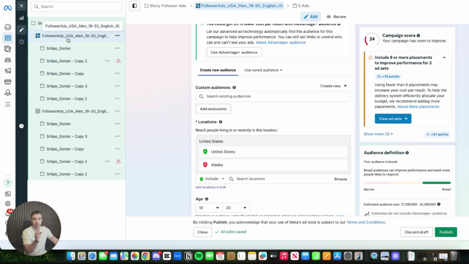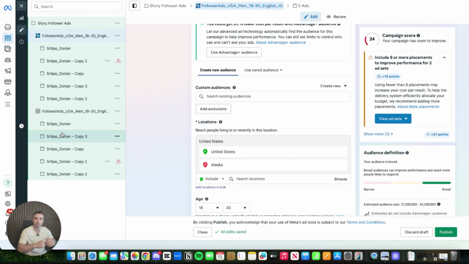Now, whatever you do, if you're testing broad and interests, you want to make sure that every single ad in here is the exact same. The reason I say that is because if you don't have the same ads in here, you're not really going to know what's working, right? Because you can have, let's say, 5 different ads here, and then in the interest targeting, you have 5 different ads. You might start to get more leads in one versus the other, and you're going to start to say, oh, well, this one's working and the other one's not. But in reality, it might not even be the interest that's working. It might be the ads.